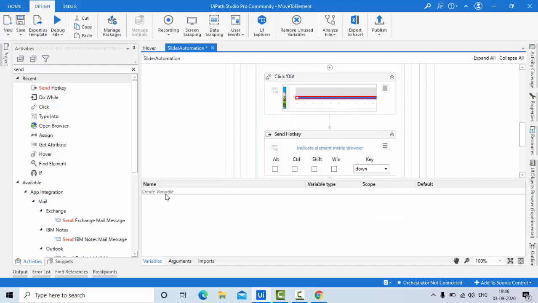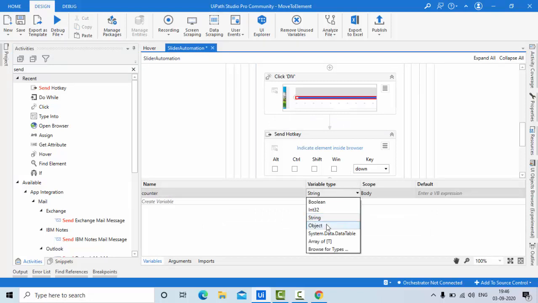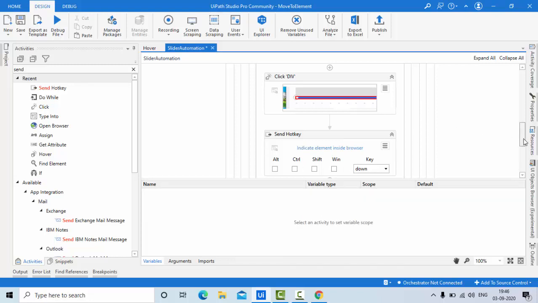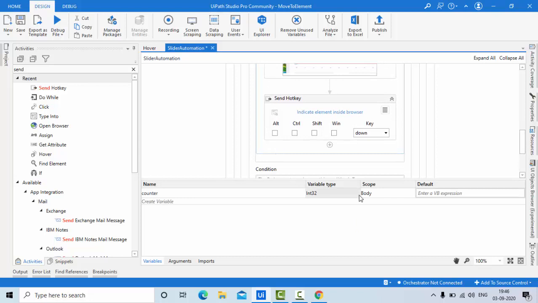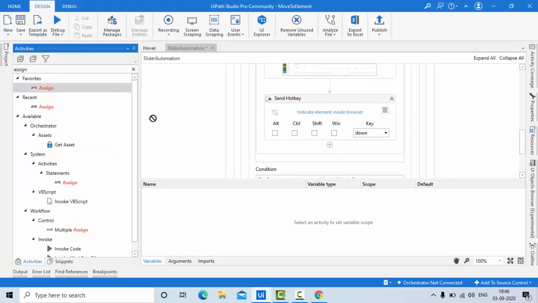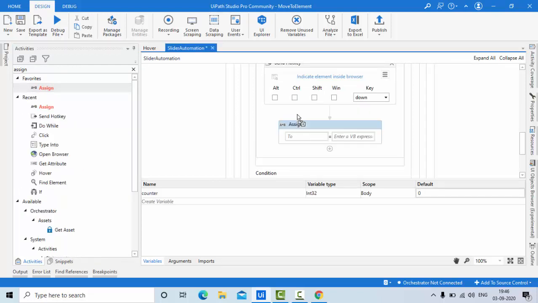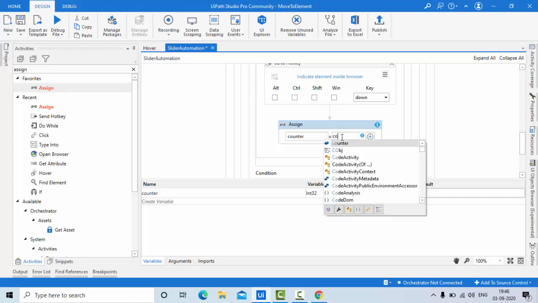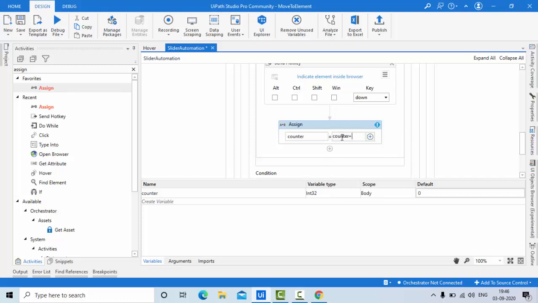So how many times do I want to repeat it? Let's say some 5 times. So I have taken this counter, and default value, let's keep it as 0, and at each iteration you want it to increment the value. So let's give something like counter is equal to counter plus 1.